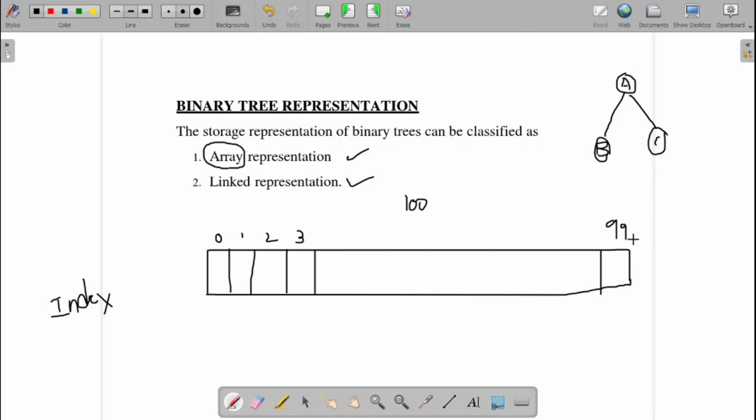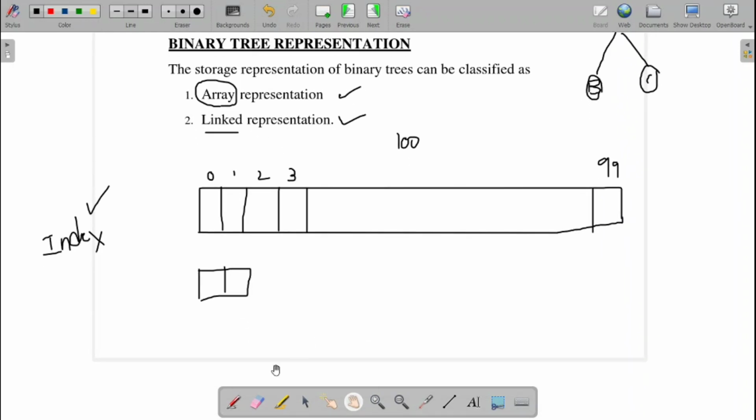So in the array representation, the elements are accessed on the concept of index values. Similar to arrays, we learned one more representation, that is the linked list representation. In the linked list representation, each element is called a node, and there are two different types of linked list we have seen. One is the singly linked list and the other is the doubly linked list.